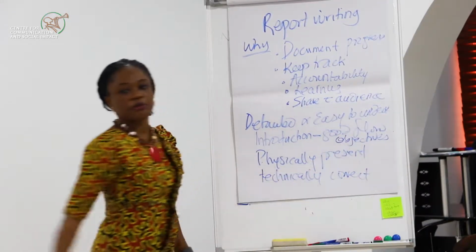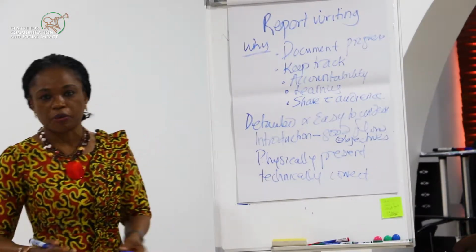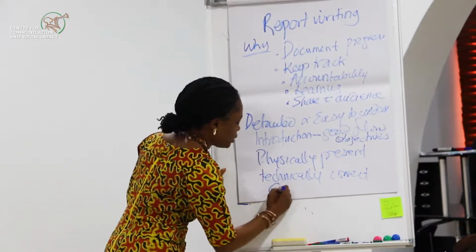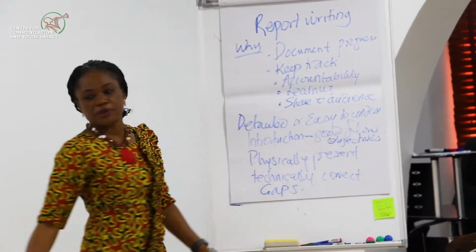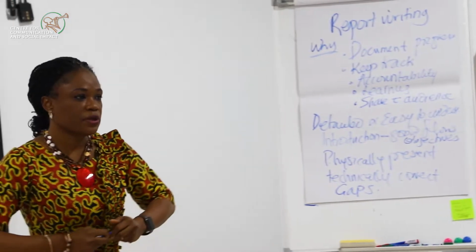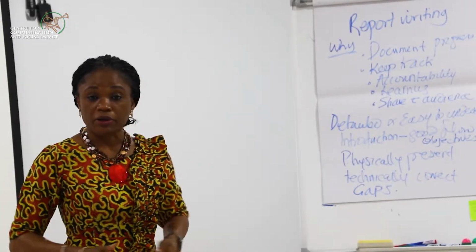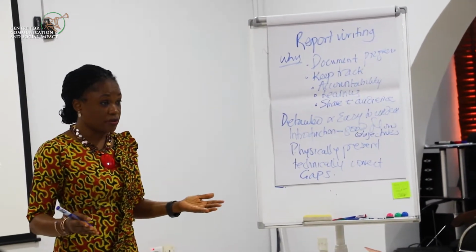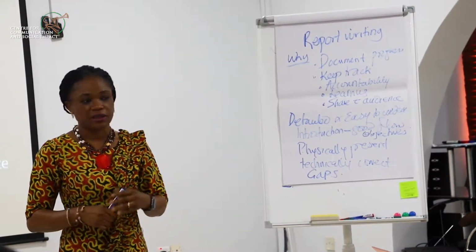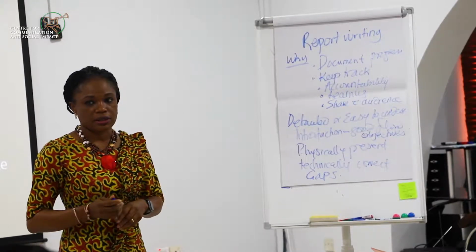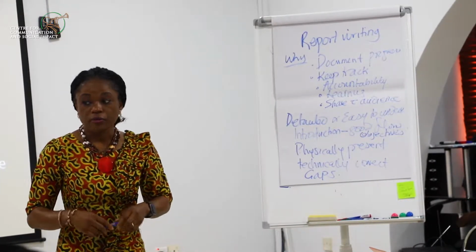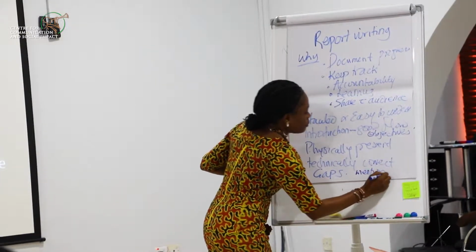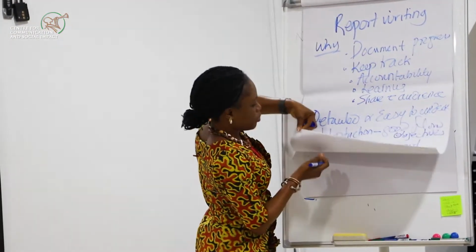And is it possible for reports to not have complete information? It is, right? So what are those things called? Gaps. How do you acknowledge gaps in reports? If you know there's a gap in your reporting, what do you do about it? It's not your fault, you didn't have the information. The report ought to have this, but it's not there. So what do you do with that? You mention it. Yes, you mention it. Now, so this is why we write reports.